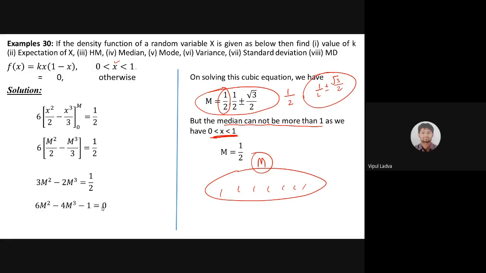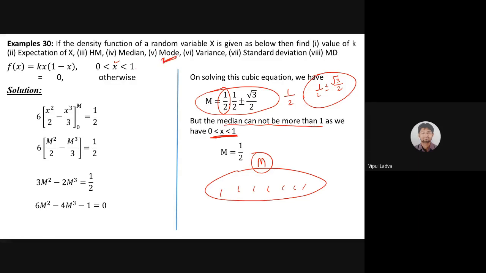So using that particular fact, if you are not having any doubt, then it's okay, let's move ahead. Median cannot be more than one. एक ही वैल्यू हो सकती है कि जो मीडियन का रोल अदा कर सके, एंड इट शुड बी इन रेंज ऑल्सो. सो 0 से 1 के बीच में एक ही वैल्यू आ रही है, दैट इज हाफ. सो मीडियन विल बी 1/2. नाउ वी आर गुड. मीडियन भी हो चुका है. अब क्या करेंगे हम? नेक्स्ट वी विल गो फॉर द मोड.